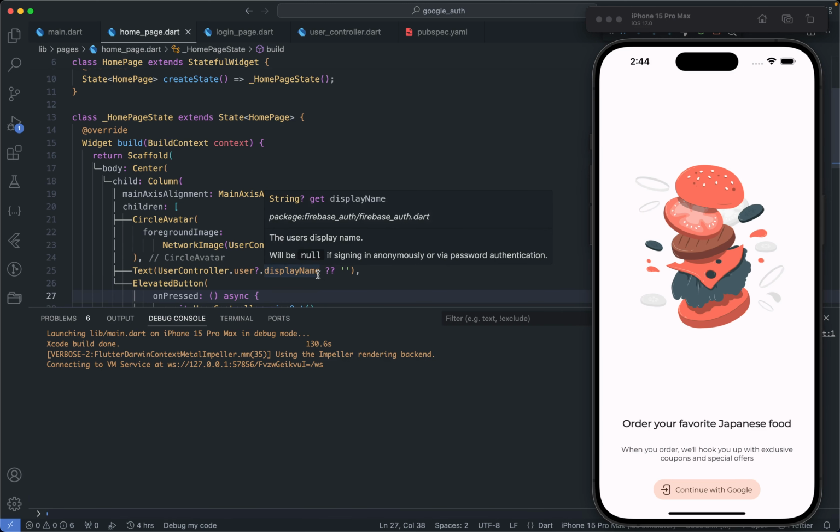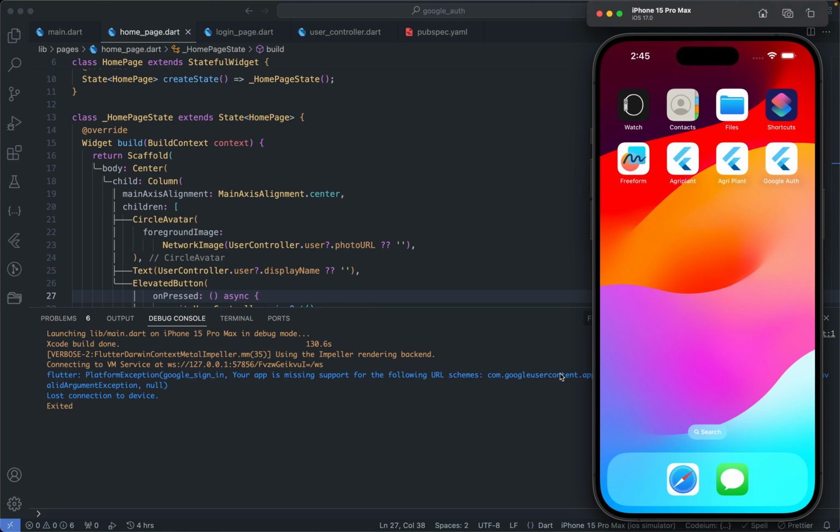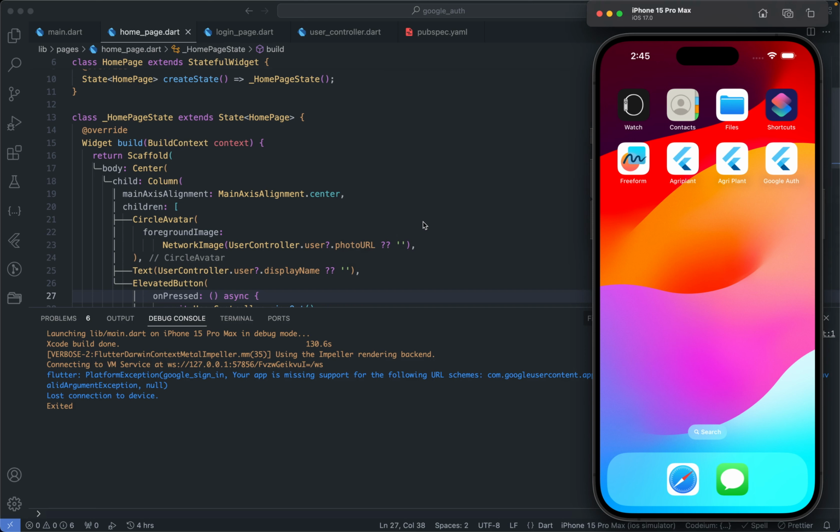If you try to sign in with Google, right, you are going to get an error. So if I tap on continue with Google, this actually crashes the app, and we have Google sign in, your app is missing support for the following URL schemes, and so on, right? So there is something we have to follow. So let's get back